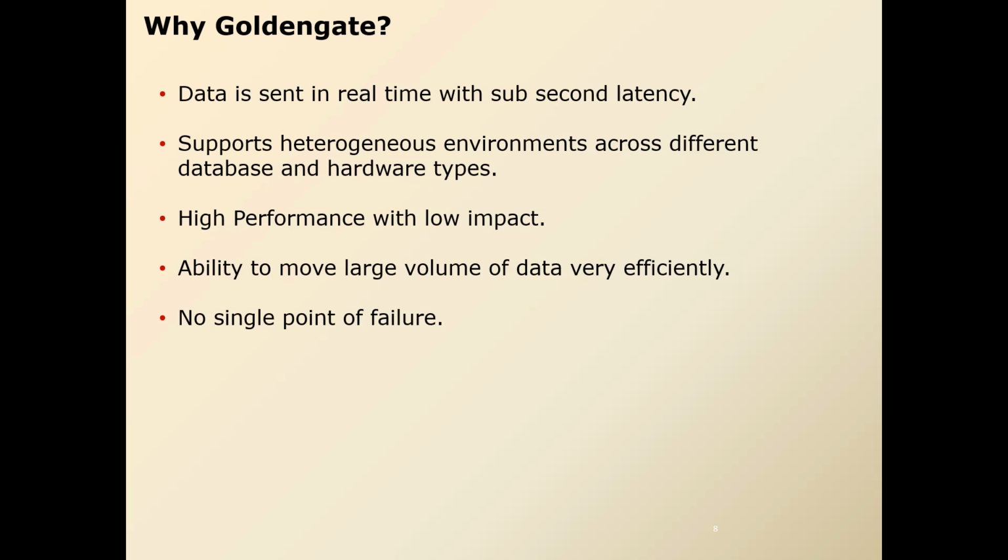GoldenGate can replicate the data. If your source is on 19c, the target can be 12c. So GoldenGate supports backward compatibility. Along with it, your GoldenGate version on the source can be higher and the target lower, or vice versa. GoldenGate can support it. A source GoldenGate version can be 12c and the target 19c, and GoldenGate will replicate. The source is 21c, the target is 11g, and GoldenGate can replicate the data.